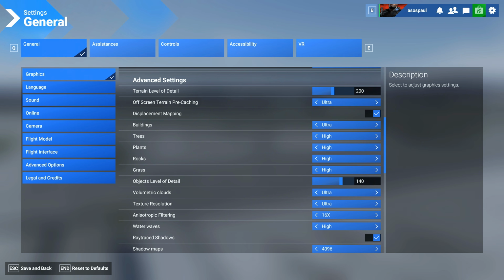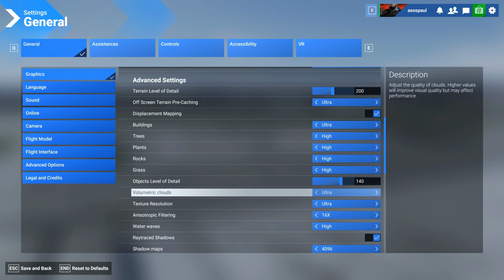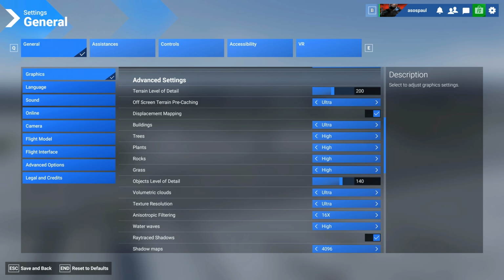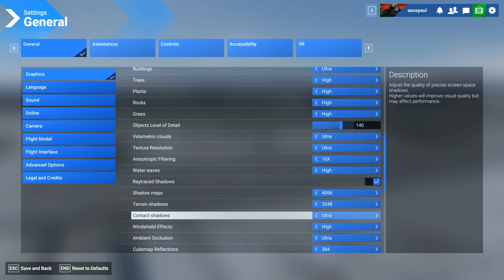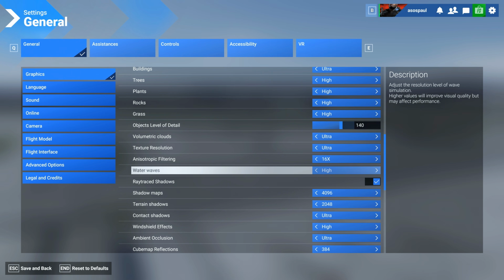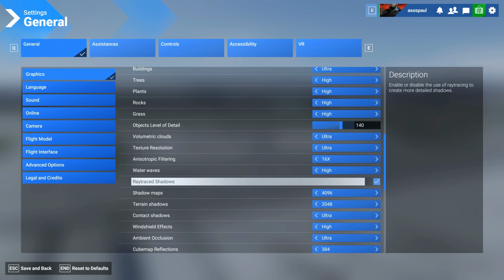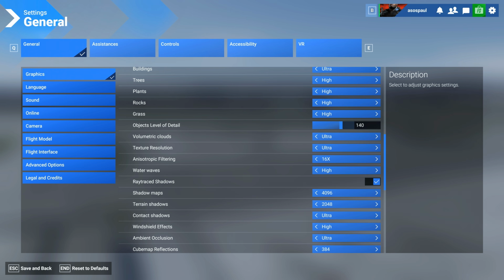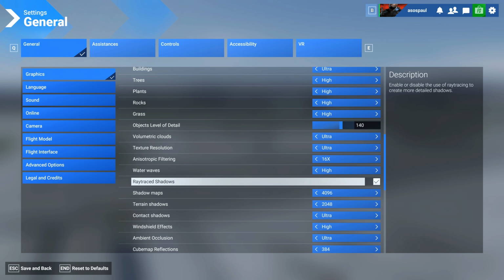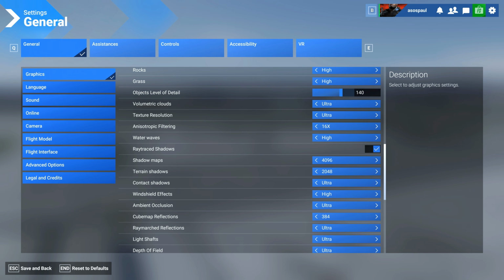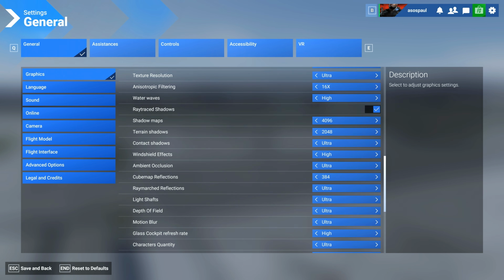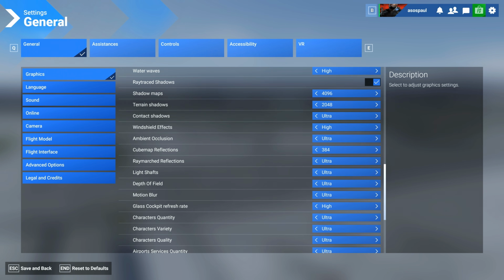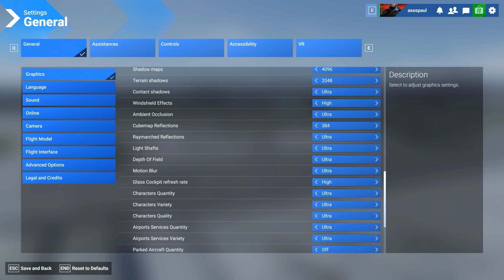Object level of detail is 140, volumetric clouds ultra, texture resolution ultra, anisotropic filtering 16x, waterways high, ray traced shadows, shadow maps 4096, so it's 4K shadows, terrain shadows 2048, and you can copy the rest. The rest is actually ultra,